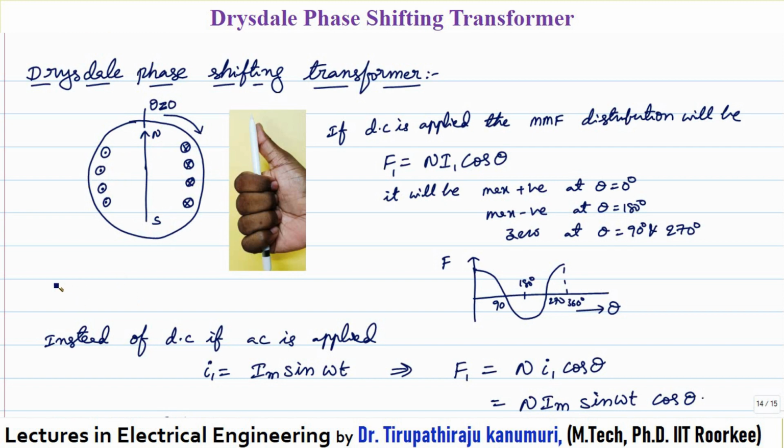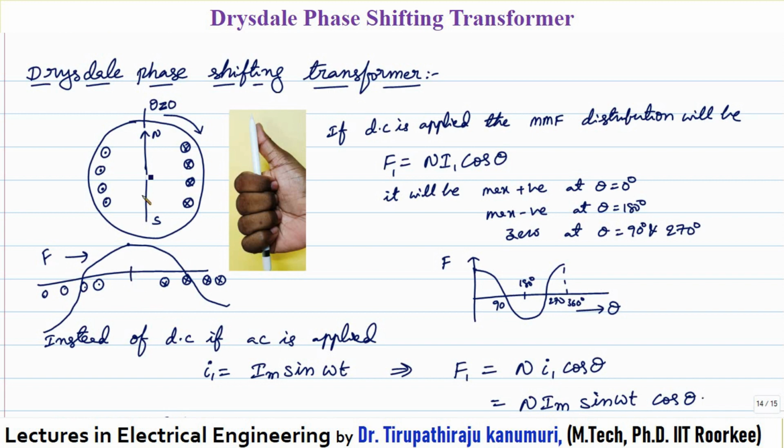If you open the stator in such a way that you draw the waveforms, I am just taking the conductors. These are the 4 conductors here, and these are the 4 conductors here. This I represent by a cross, and this by a dot. The MMF is maximum at this point. If you provide a distributed winding, we can assume that the MMF distribution will be nearly sinusoidal. Practically it will be a nearly stepped wave, but we can approximate it as a sine wave. So this is my MMF distribution, F.